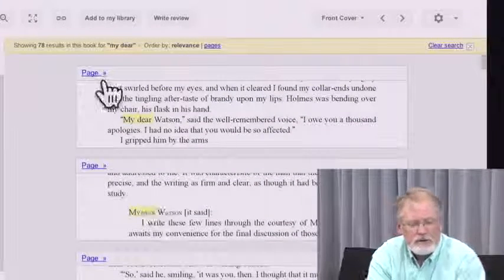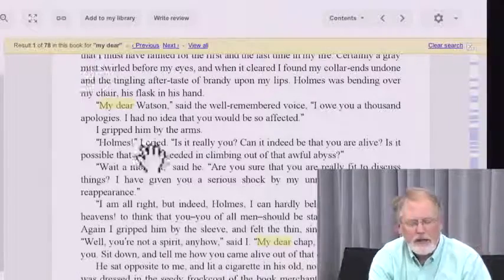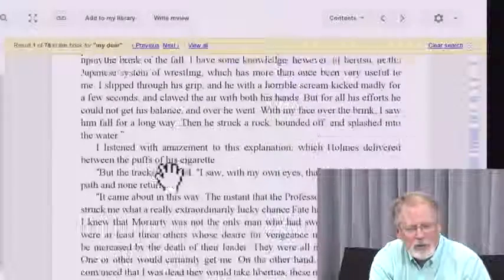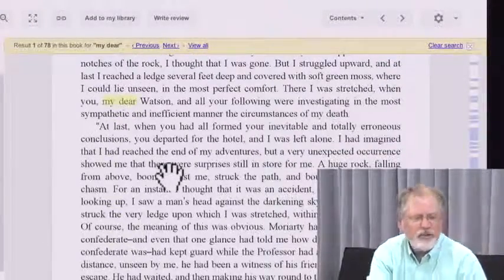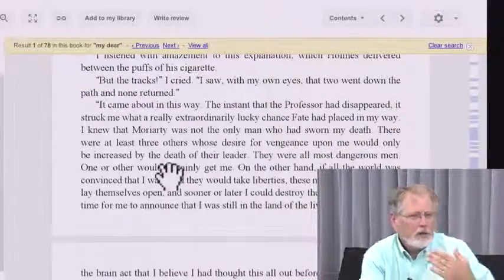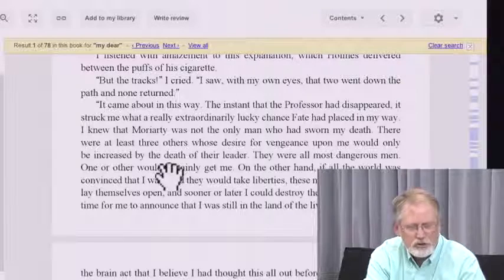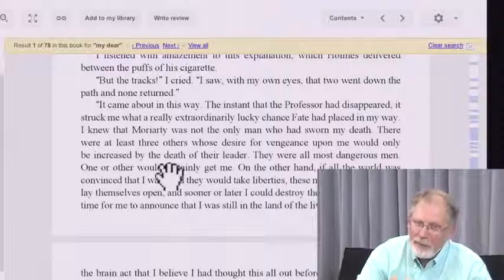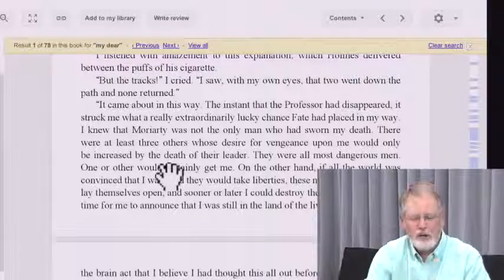What I can do is, for example, click on this, and that will take me to the whole page. And since this is a preview of the book, not all of the pages may be visible. So as I scroll down here we're getting lucky and we're able to see all of the different pages. But when we go farther into the book, some pages will be omitted from the preview version. Important to note, you can search the whole text, but you may not be able to see the entire text. That's the difference between full view and a preview.